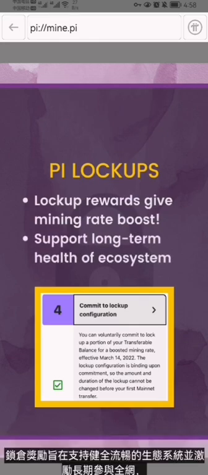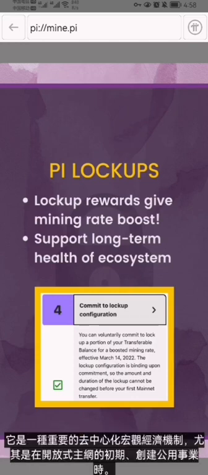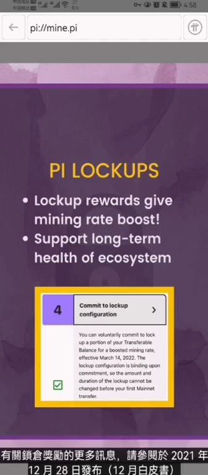The lockup reward is meant to support a healthy and smooth ecosystem and incentivize long-term engagement with the network, while the network is bootstrapping the ecosystem and creating demands. It is an important decentralized macroeconomic mechanism, especially in the early years of the open network when utilities are being created. More information about the lockup reward is available in the new chapters of the updated white paper released on